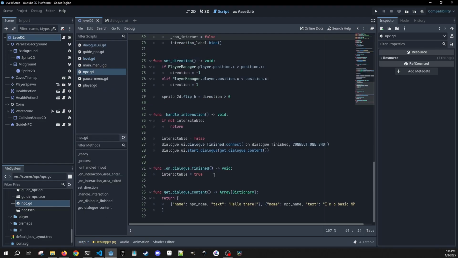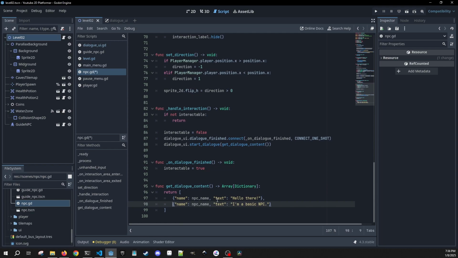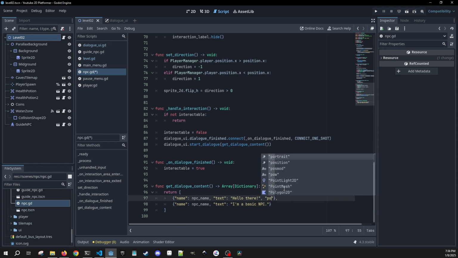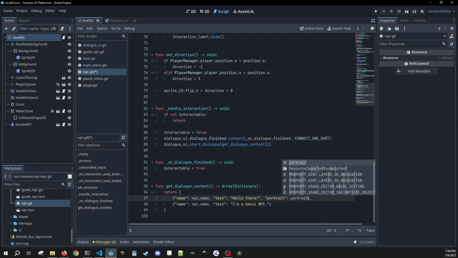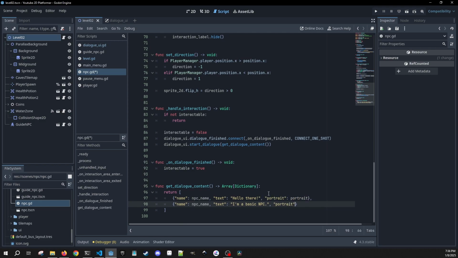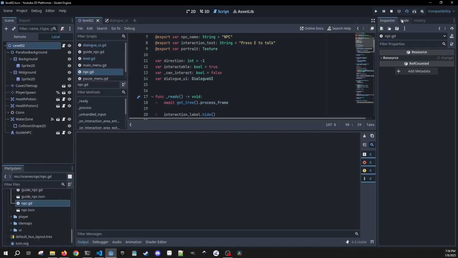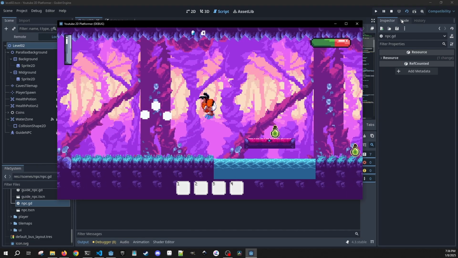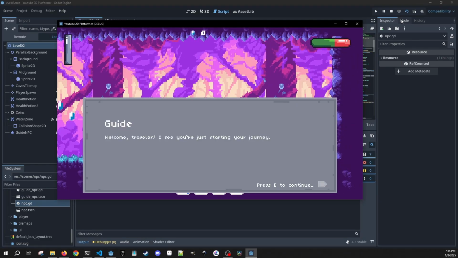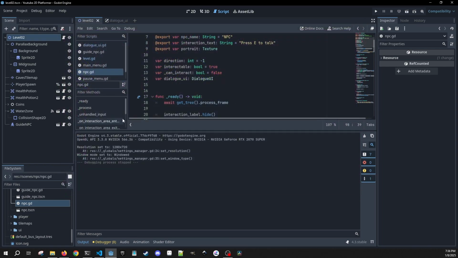The last thing that we want to do is account for the portraits. So the only thing that we have to do is update this dialog content dictionary. So we are going to pass in the string of portrait, and then its value is just going to be the portrait. Okay, so now we can still play this. Right now, we're not going to get anything because we haven't given an export variable for the portrait to this NPC. But now if we go back into our NPC scene,